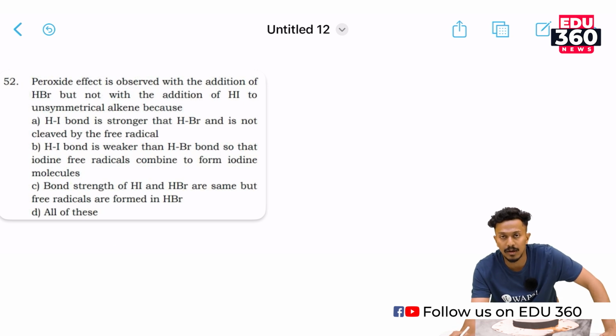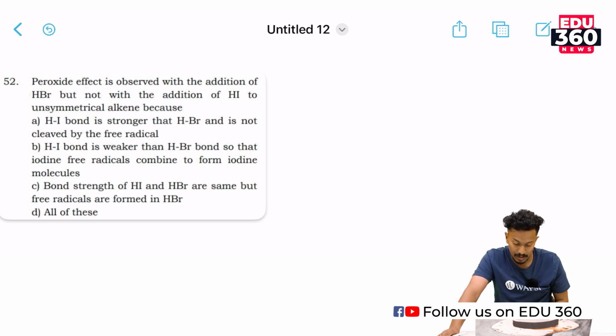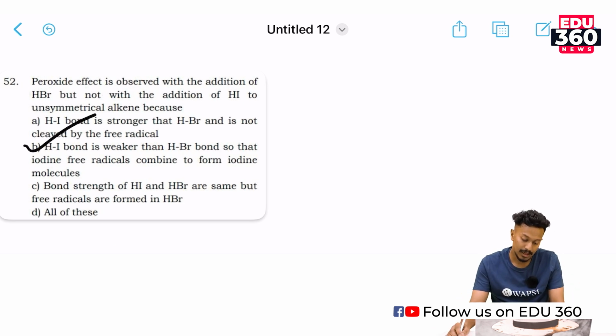When a peroxide is added to an unsymmetrical alkene, the HI bond is much weaker, so that the HI bond breaks more easily than that of HBr, so that the iodine free radicals come out and form an iodine molecule, I2 molecule. So the correct option would be option B. Okay,